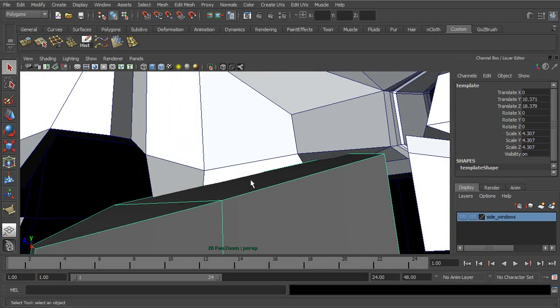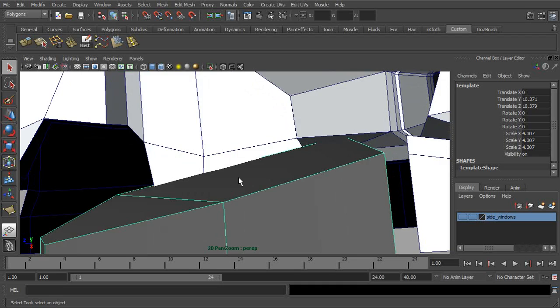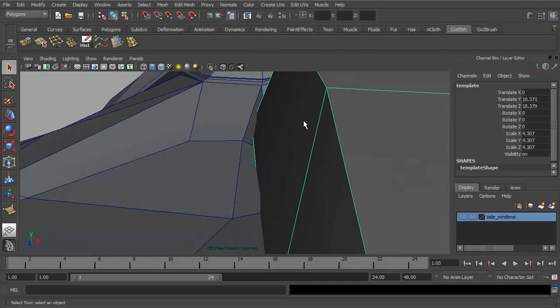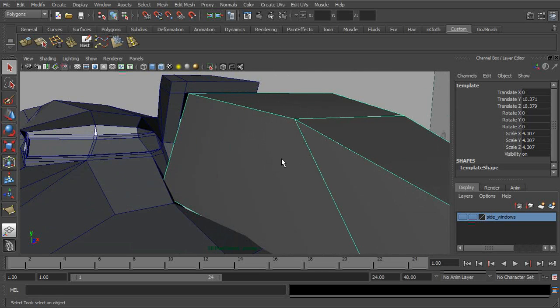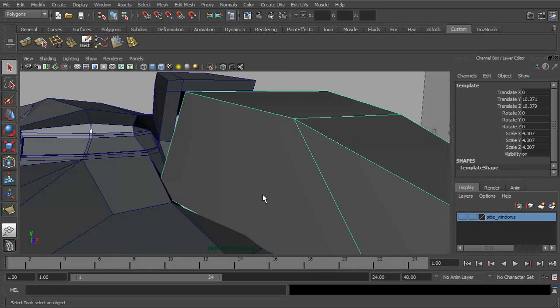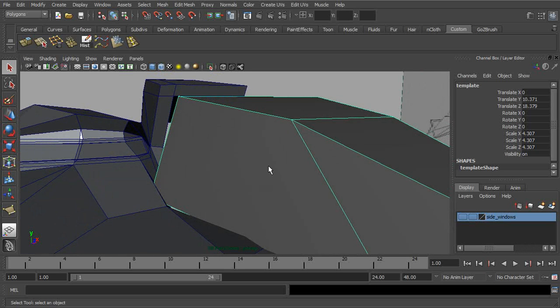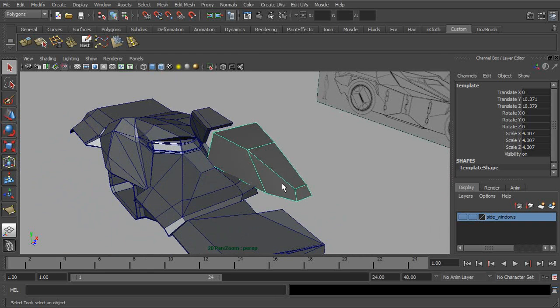Now we could build our geometry in here and start to build all that resolution, but a lot of times if you do that, you're going to end up with some dents and things, especially if you're going to be smoothing that out. Some of those things you can fix with normals, smoothing the normals and hardening normals. But one of the ways that we can make sure that the pieces that we build are planar is to